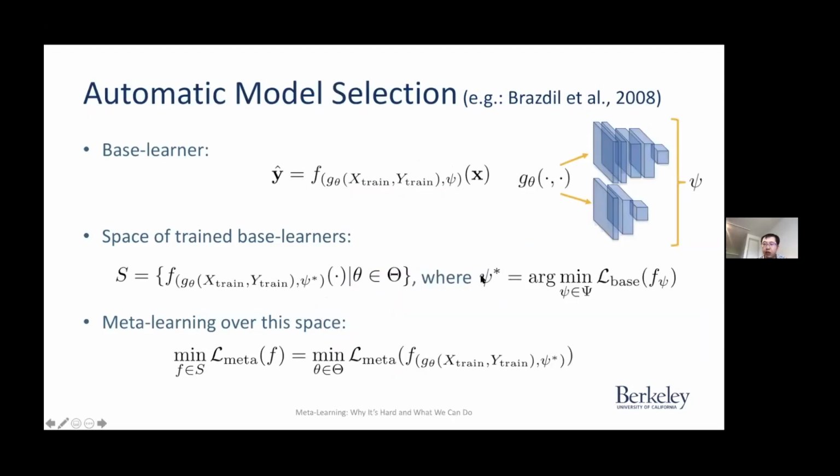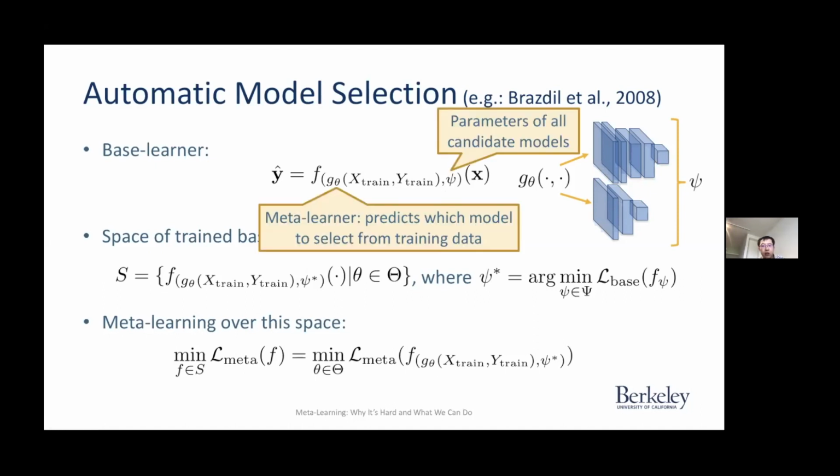We are essentially just training all these different base models to do as well as they can using these architectures, without caring about what G theta is going to be selecting. And then after we have done so, we are going to train a G theta separately that gives us the predictions over which model to select. So the meta learning over the space is just going to be training this meta learner, this predictor that tells us which model to select.